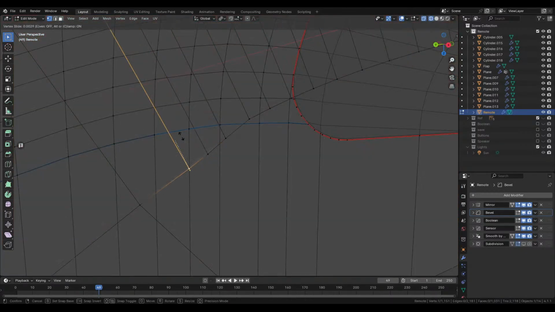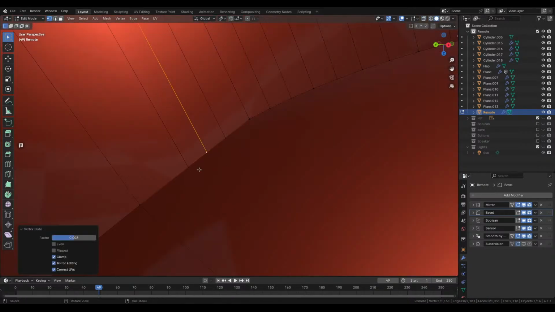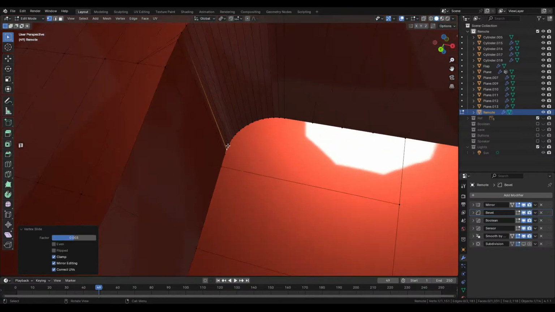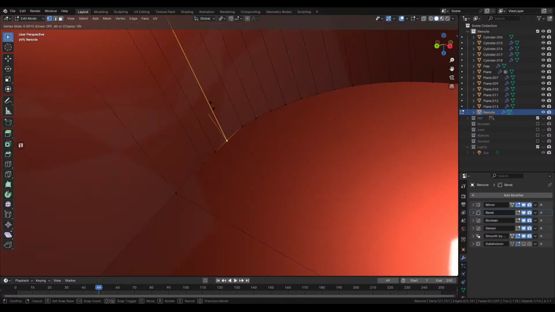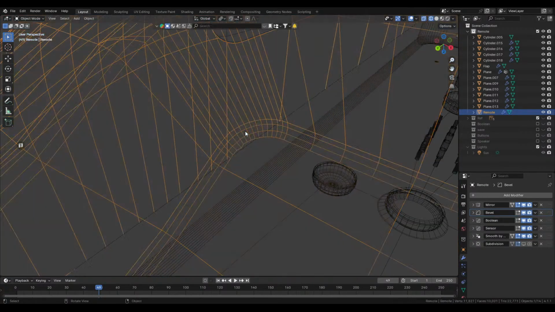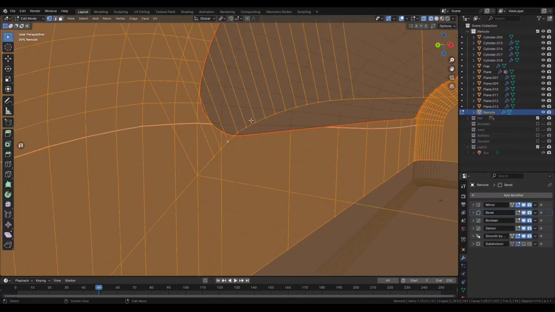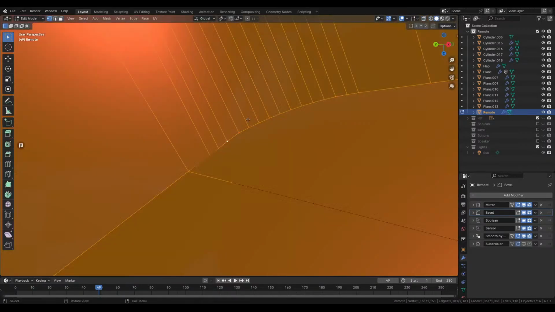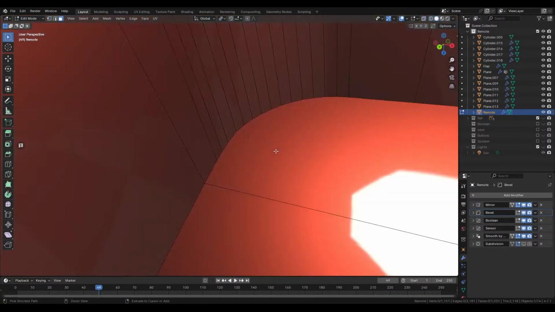Yeah, sometimes you just have to grab stuff manually. It doesn't really matter that much anyways, because there will be a button over this. It's fine. Okay, and I think the bevel is not working because